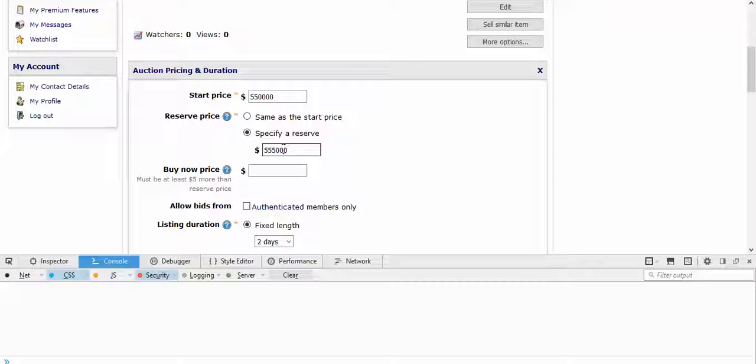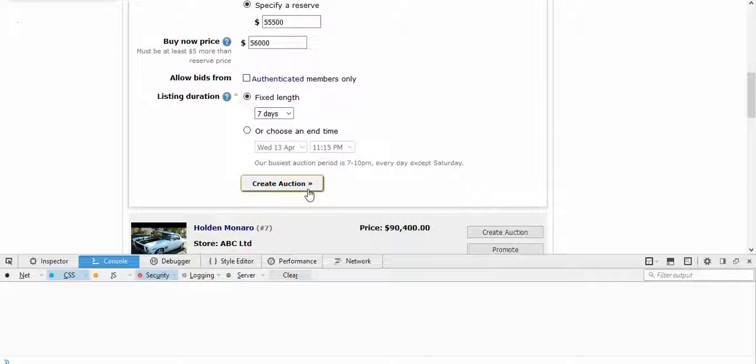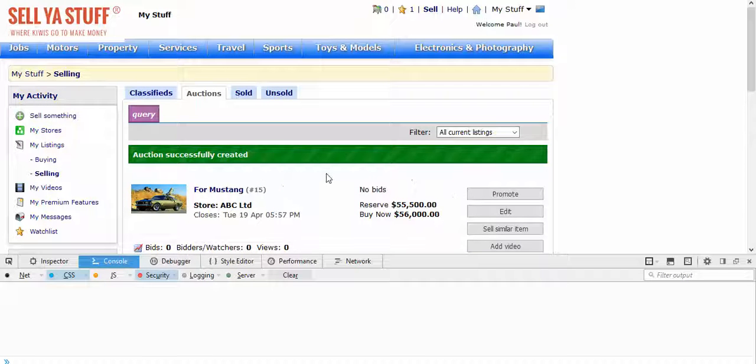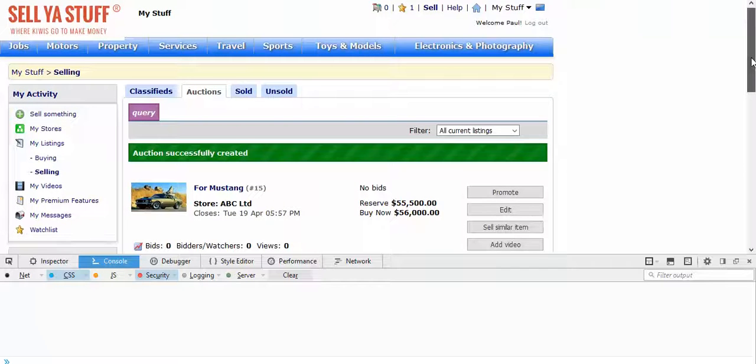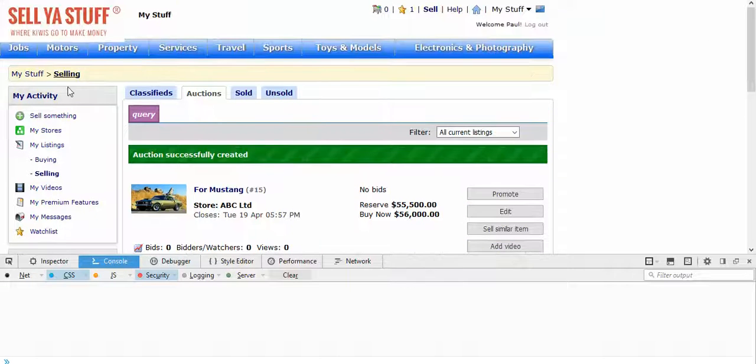$55,500, I should say. Buy now can be fixed $56,000. So we'll choose a fixed length of 7 days. You can choose an end time to specify the end time, and create the auction. Auction successfully created. So that's probably as far as I'm going to go right now. I can add a video to this auction if I want to by clicking this link here, but we've got a limited time, so I'm going to just switch over to the new website now,